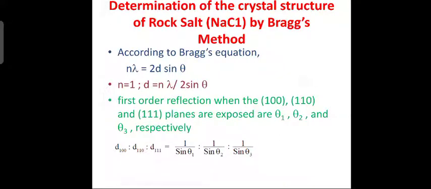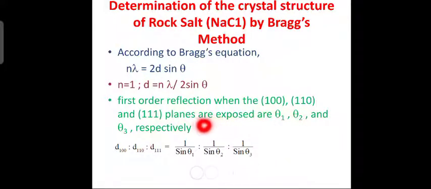Next slide. Determination of crystal structure of rock salt by Bragg's method. Rock salt is nothing but sodium chloride. How do you determine the crystal structure of rock salt by Bragg's method? Now, Bragg's equation is n lambda equal to 2d sin theta. Substitute n equal to 1, that means lambda is 2d sin theta, or d is equal to n lambda divided by 2 sin theta. For first order reflection, when the 100, 110 and 111 planes are exposed,